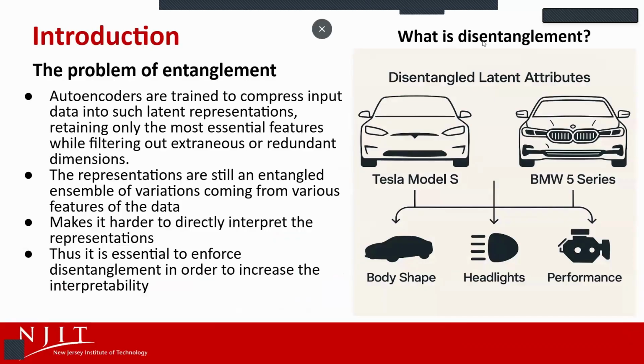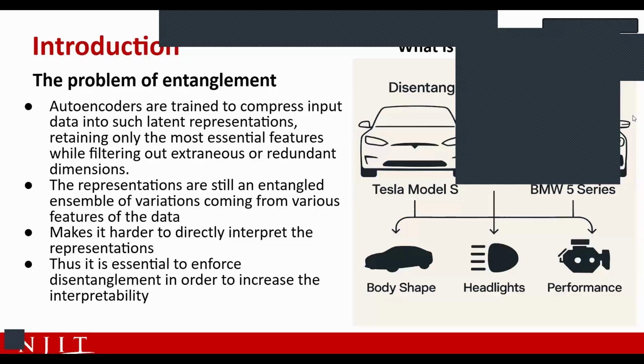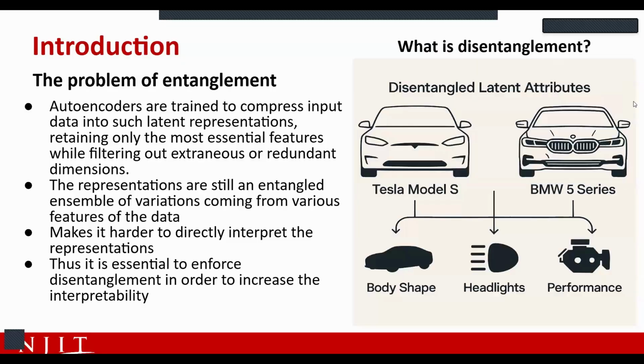Now let's look at the problem of entanglement. Say these are the two cars that we have, Tesla Model S and BMW 5 Series. We aim to feed these two cars into our autoencoder and expect the latent space of the autoencoder to produce features such as body shape, headlights, or performance, which can directly be correlated to the structure of the cars,